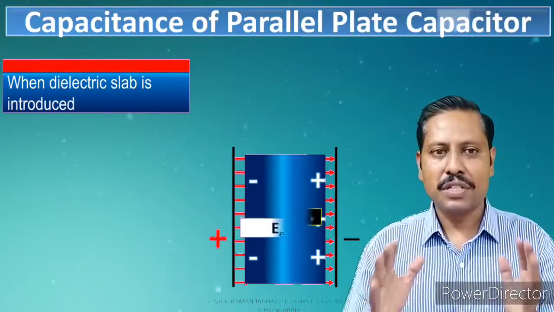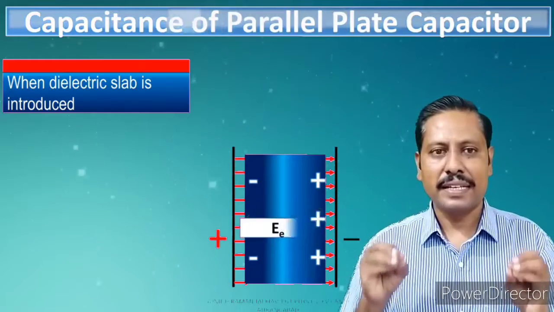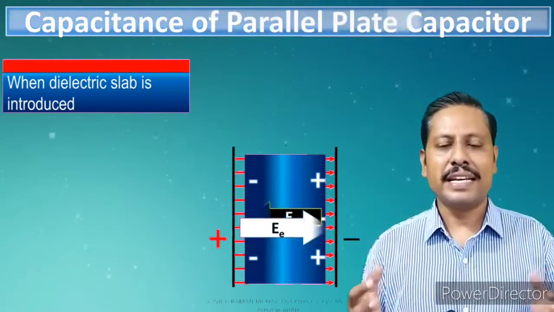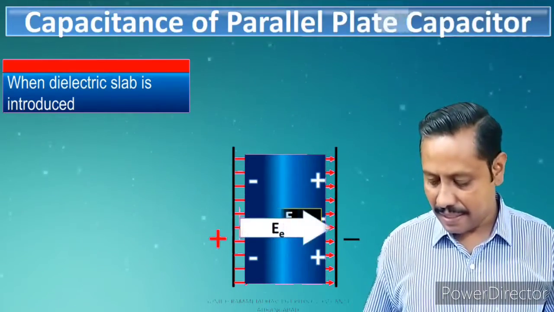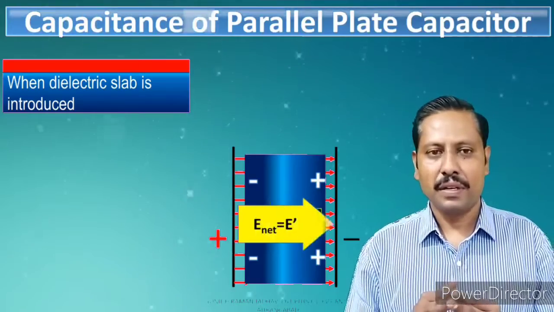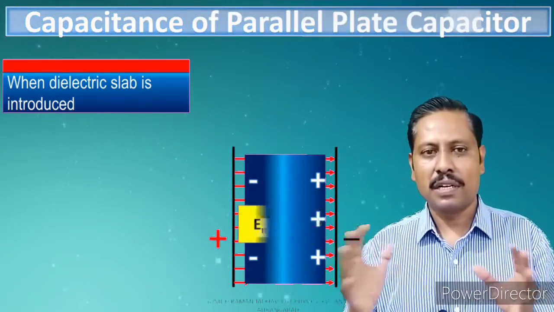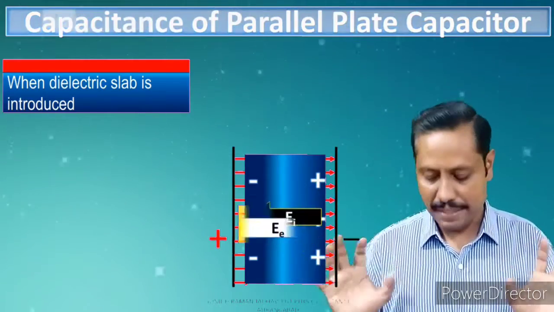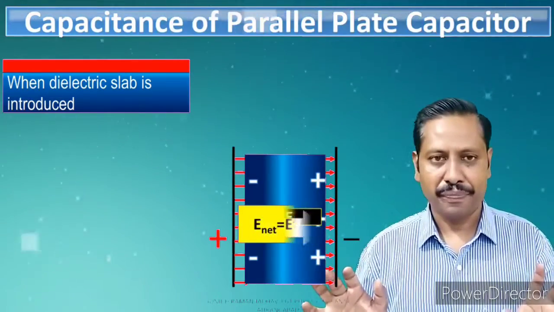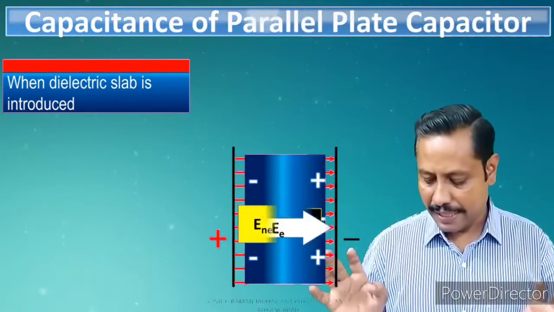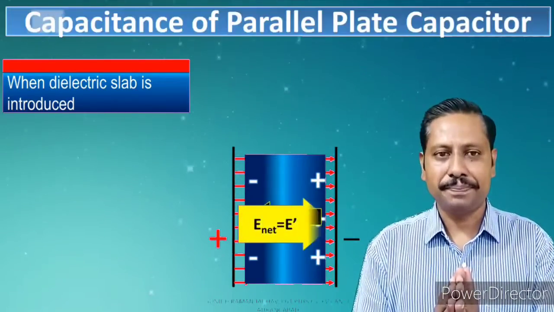Now if I try to study what is the exact field or net electric field inside the dielectric slab, that is, suppose here some E net equal to E dash. Though that arrow is looking to be certain outside that slab also, but it is only confined to the slab itself. Just make sure about that. That is the electric field inside the dielectric slab. Let us say it is, suppose, E net or E dash.